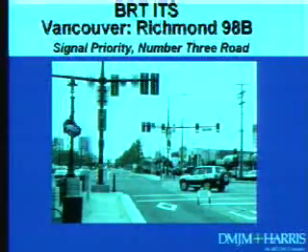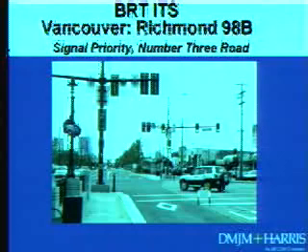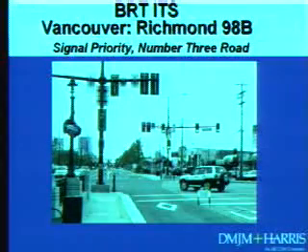Here's a signal priority example in Vancouver and at Bus Rapid Transit, the 98 Beeline. It's in the center of this right-of-way, and you see all those signals there. And as it turns out, the drivers are really confused at this intersection. I mean, really confused. There's too many lights and too many options. And some people are going down the busway, and other people are turning in front of the buses. So whether or not that shows it takes a while to get people trained, maybe. This one might be a bad example of what to do.